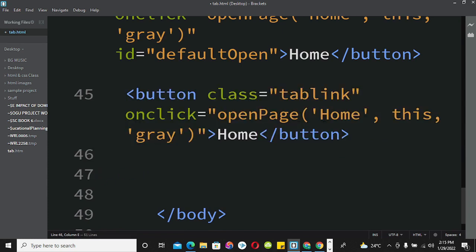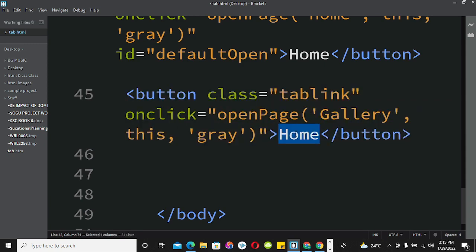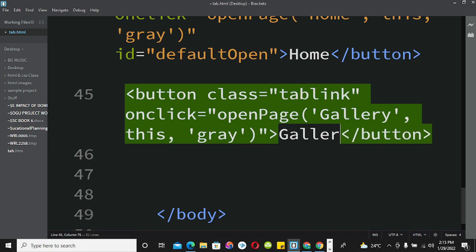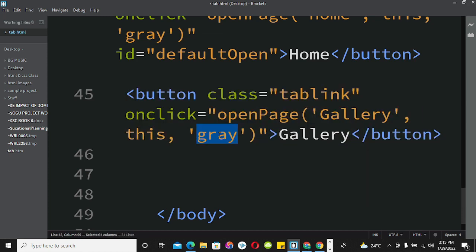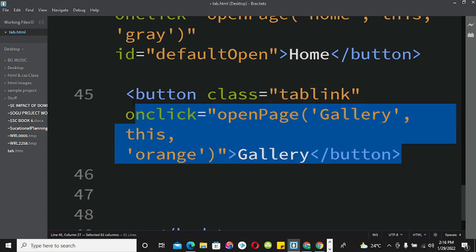Okay, so this is going to be for the second button, and the second button we call gallery. I'm going to change it here also, gallery, and the color as well will change. The color for this button, orange as defined above. The class remains tab link, so I can copy this,